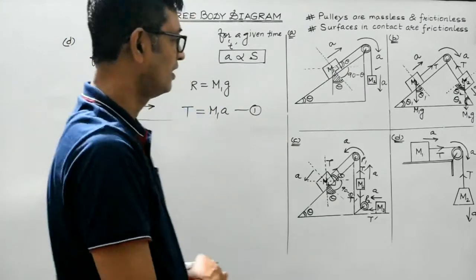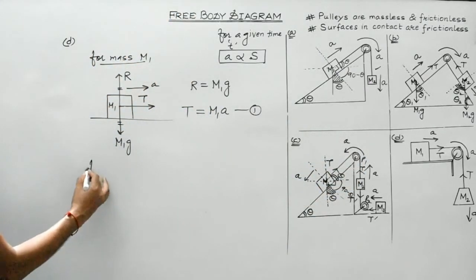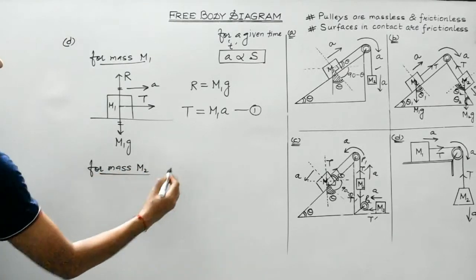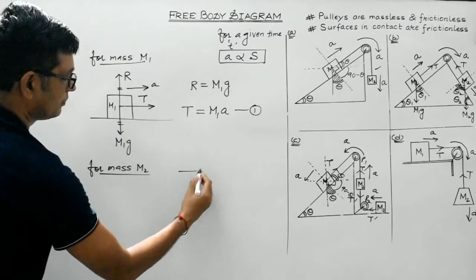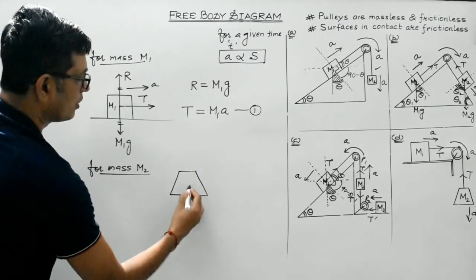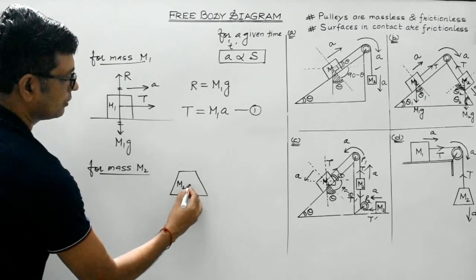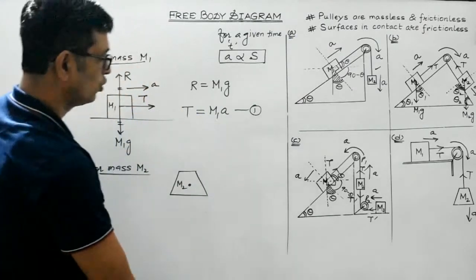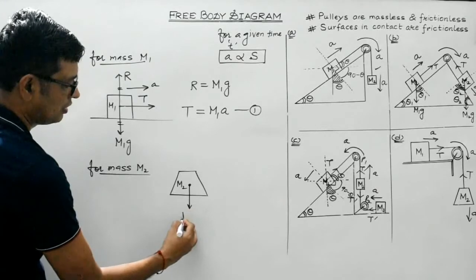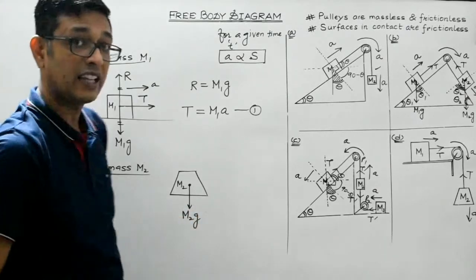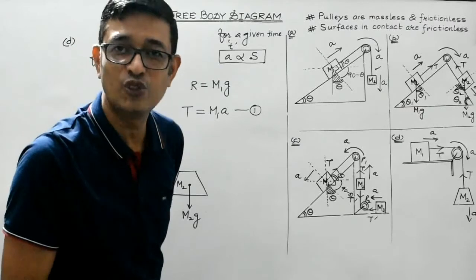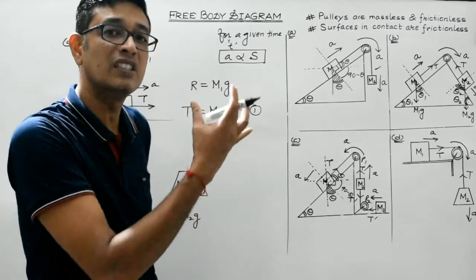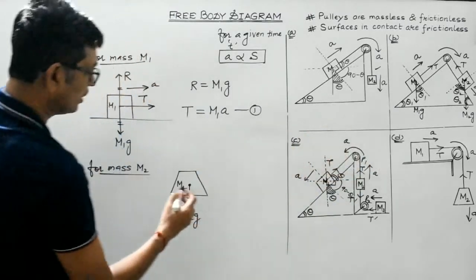Right? So very simple. Okay, let's draw the free body diagram for mass m2. This is the body. This is m2. Suppose this is the center of mass of the body, where the entire mass of the body may be assumed to be concentrated. So what are the forces acting on it? One is its weight, which is obviously m2g. It will always act in the vertically downward direction along the radius towards the center of the earth. It's actually the force of gravity, the force with which the body gets attracted towards the earth. That's the weight of the body. The other one is the tension.